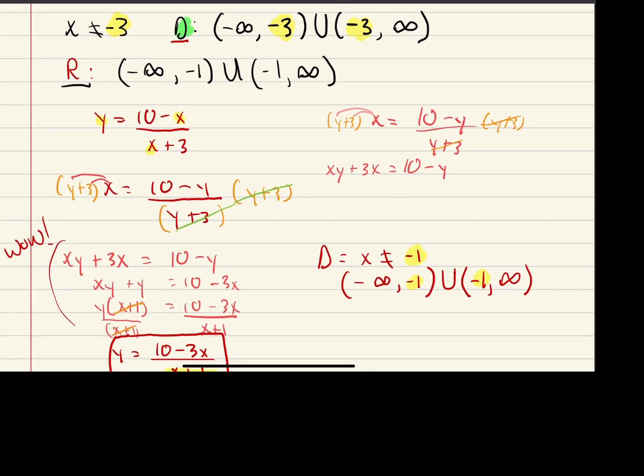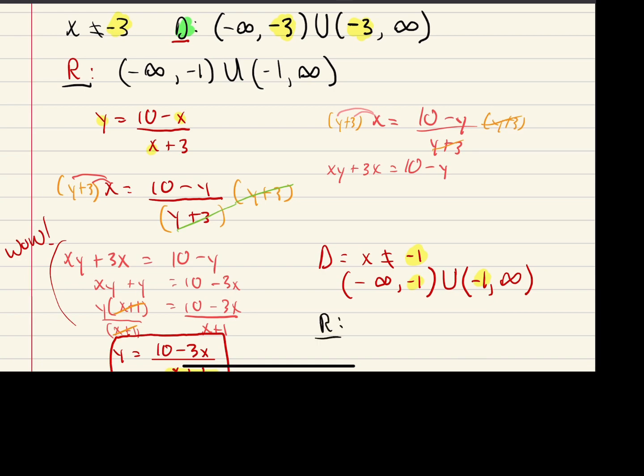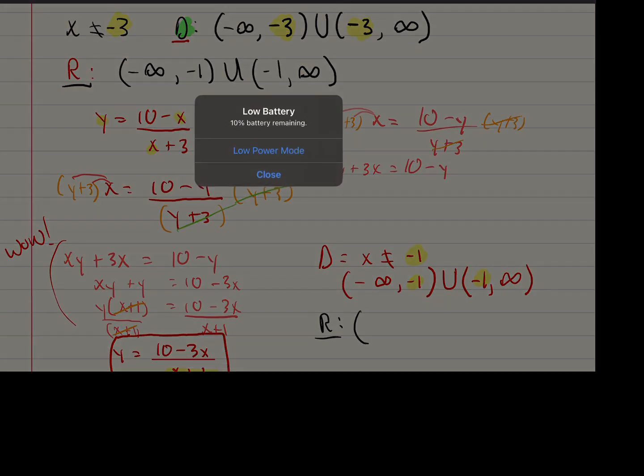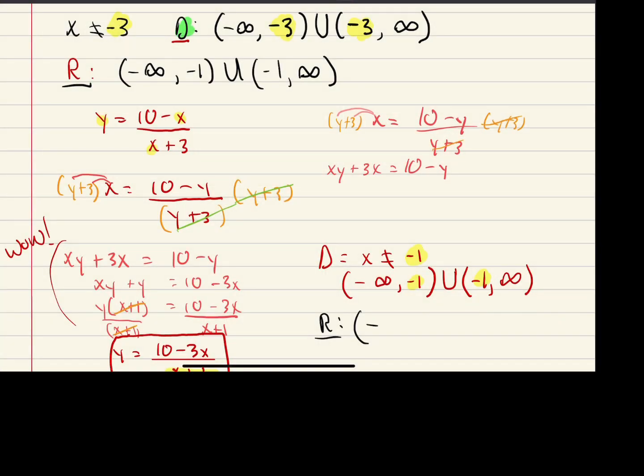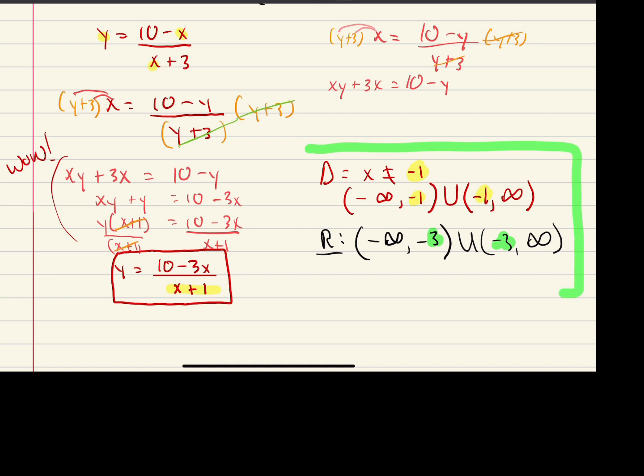So then for the range, we're just going to go r is equal to negative infinity approaching positive infinity with the exception of negative 3, so that is not included, union, negative 3 to positive infinity, but not including negative 3, of course. And so here is the domain and range for your inverse function, which is